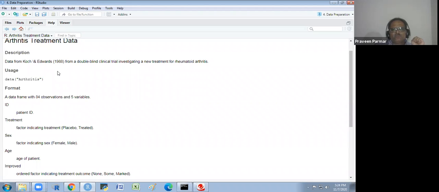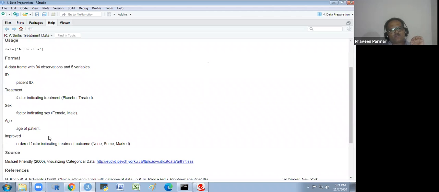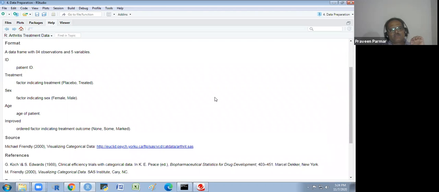Placebo means the pseudo treatment. Sex is given as male and female. Age of patient is numeric, or integer we could say. And the last one is improved, which is an ordered factor: none, some and marked, meaning none improvement, some improvement, and marked improvement. Is there anybody who wants to ask something about this data that I explained?